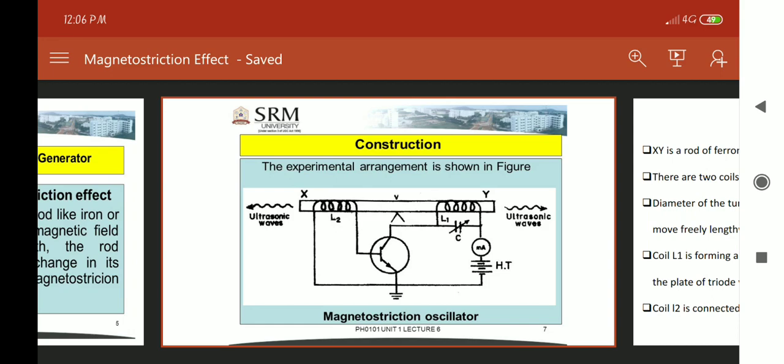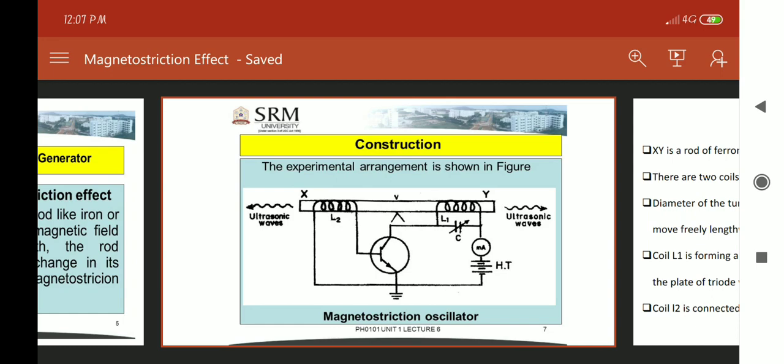After that, the coil L1 forms a tuned circuit with the variable condenser or capacitor C, which is also connected to the triode valve through a milliammeter. Understood? Now coil L2 is used, and that coil L2 is connected between the cathode and grid.